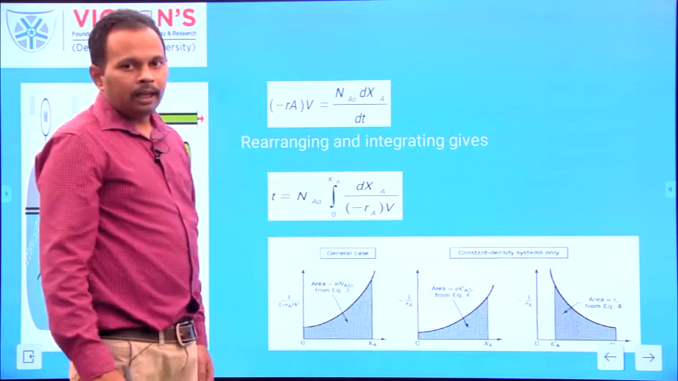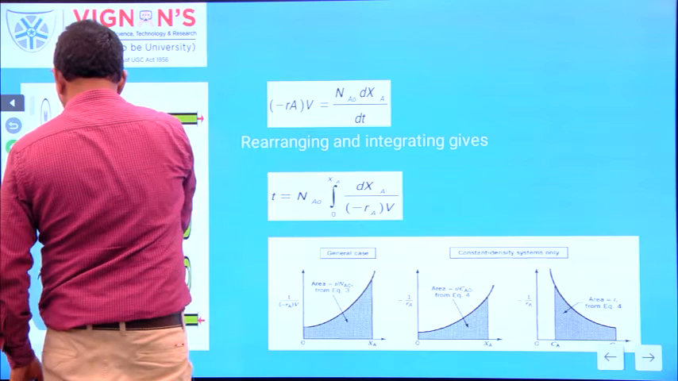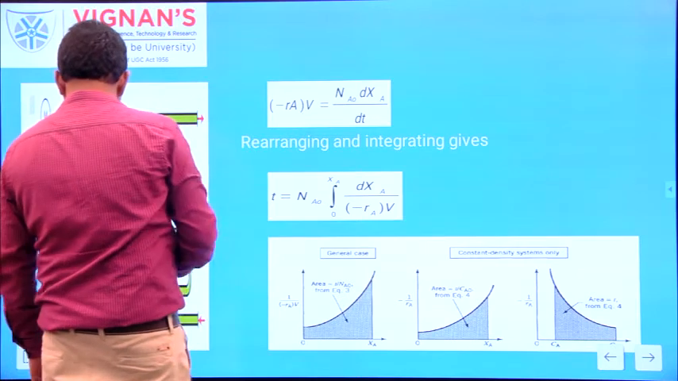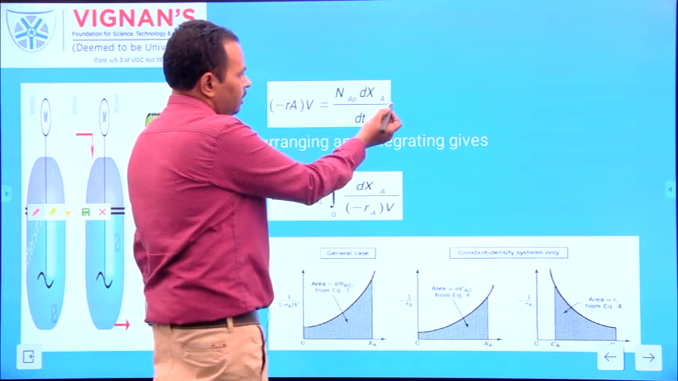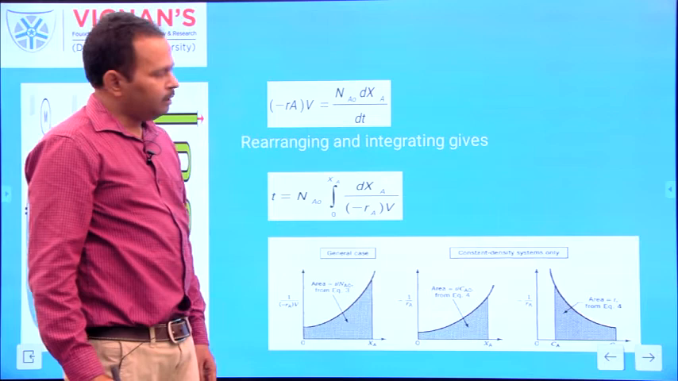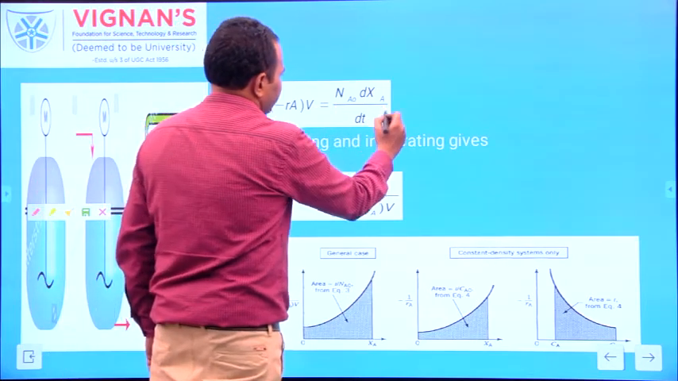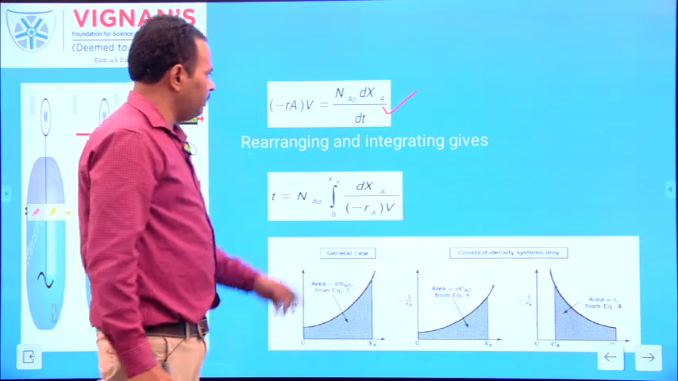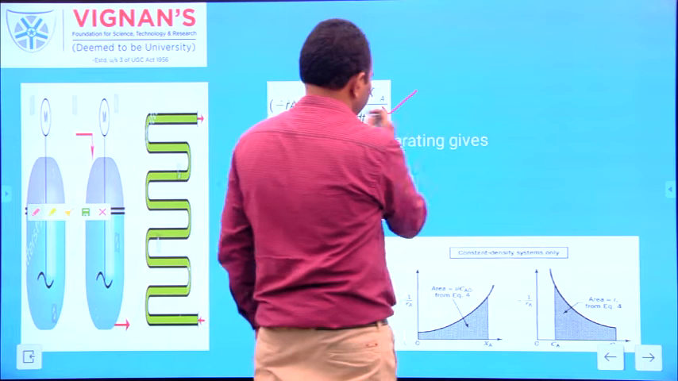So here already input and output are 0. From this one you can write this as, minus RAV is equal to the accumulation term, that is on the left hand side, that becomes positive Na naught dxa by dt. This is equal to minus RAV. From this one you can write this as, take the dt to this side,